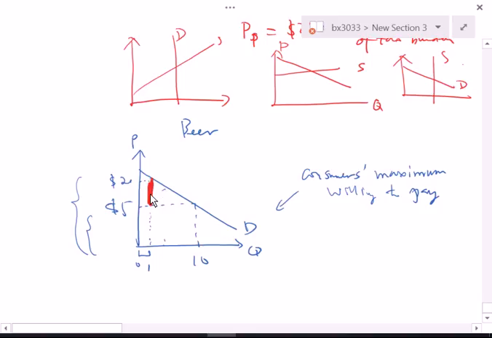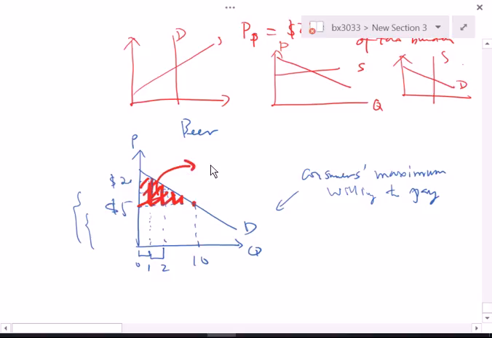Similarly, for the second beer, I'm willing to pay this many, and I actually pay $5. So there's a surplus as well. For the third one, fourth one, until the 10th one, the surplus is there. So adding up,